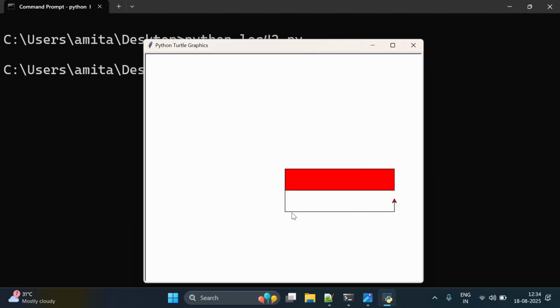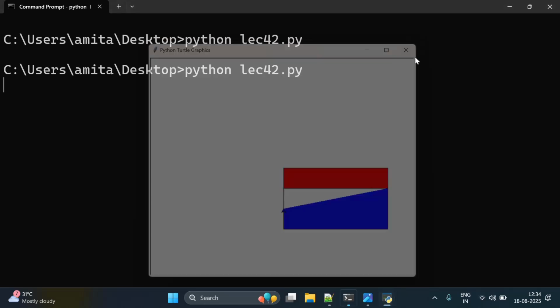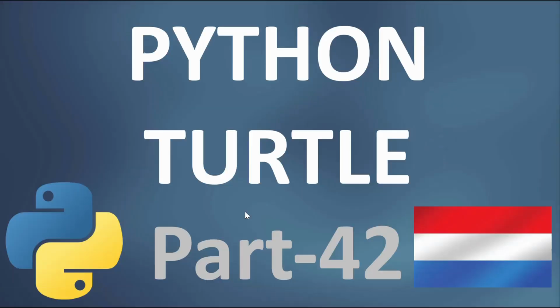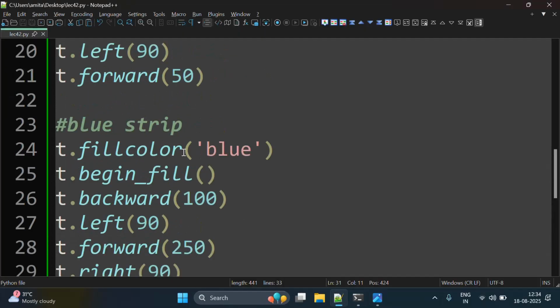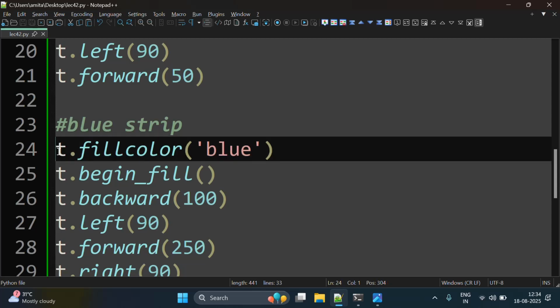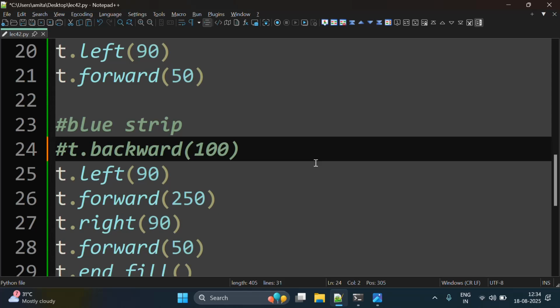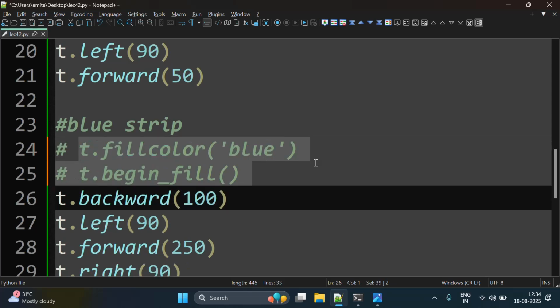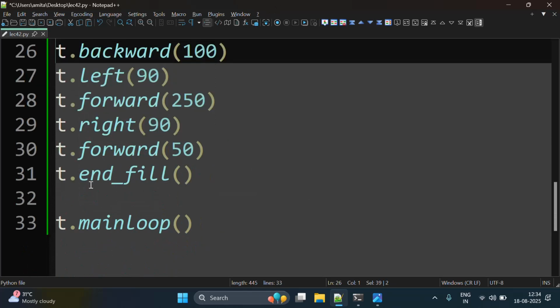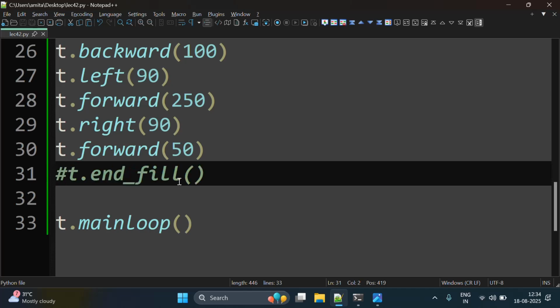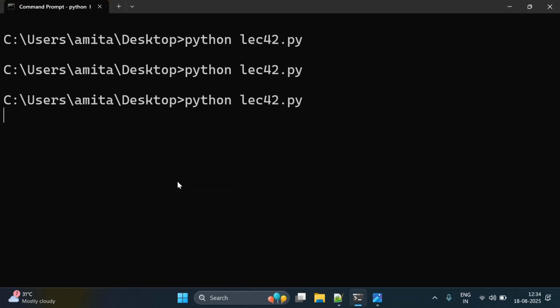So red strip is made, white is also made, and blue is made, but it's not correct. It has taken half of the area of white also, and this is because, let me just comment this and show you why is it so. Just comment this, and if we run this again,